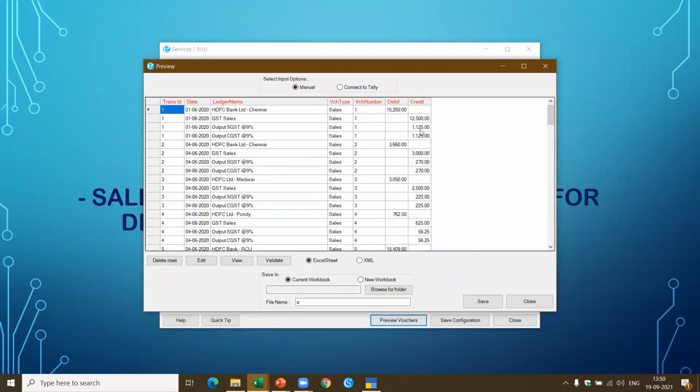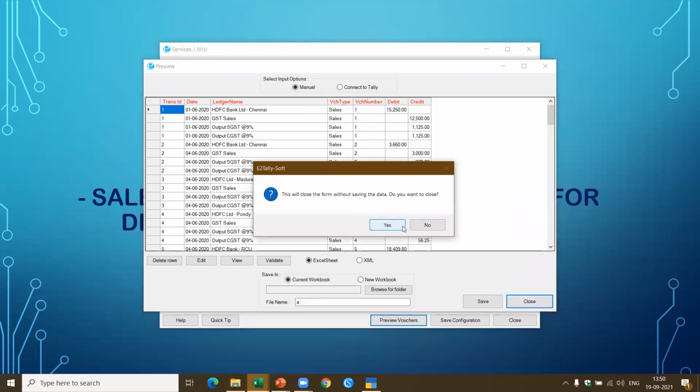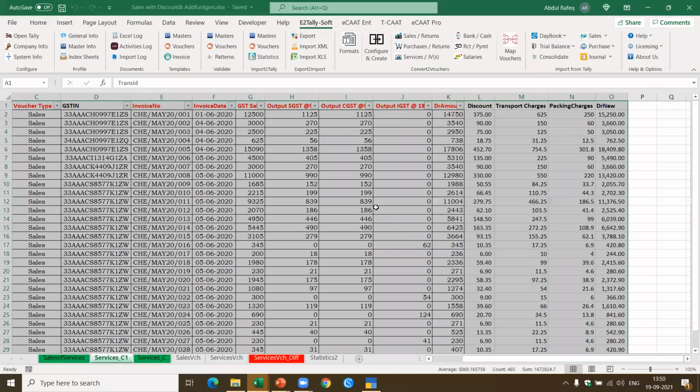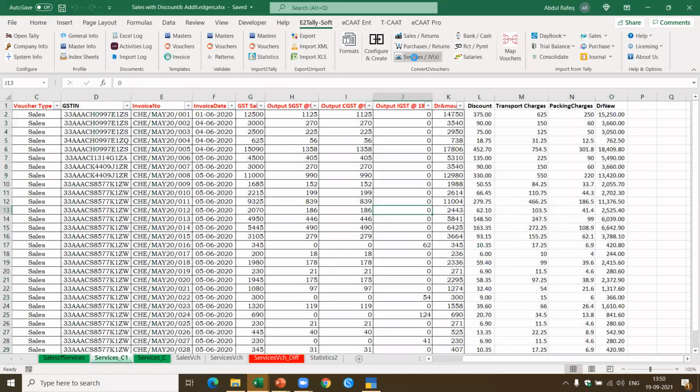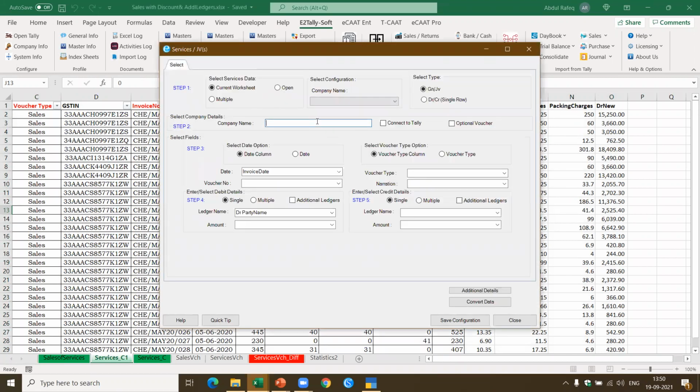So what has happened is 1125, 2005, 15,000 is correct. The debit transport charges, other things have not come because they have not been selected. I think that they have not been selected correctly because I chose wrongly. Now let's see what is the mistake I made. Now you should be able to show me what is the mistake. Now if you see here, the packing charges, everything were coming under that particular column. I should have selected that option. I chose the wrong option.